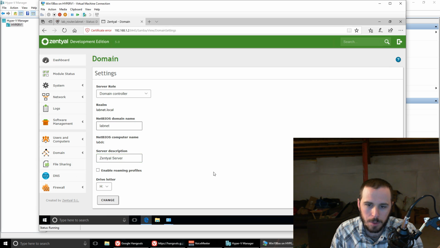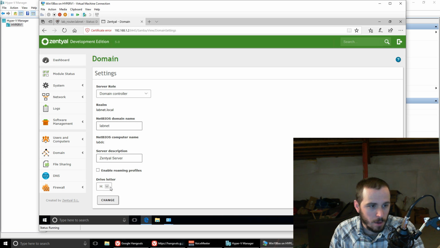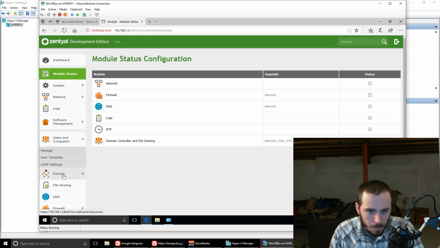And then the server description, Zentyal Server, looks good. And the drive letter is the drive letter it will use for all user drives. So it includes functionality for having a home drive, similar to that you may have at work in a corporate environment. And you can set what that drive letter is here. And it will default to that on all systems that connect to it. So once you've confirmed that, once DNS is set up and you've confirmed that the domain is how you want,